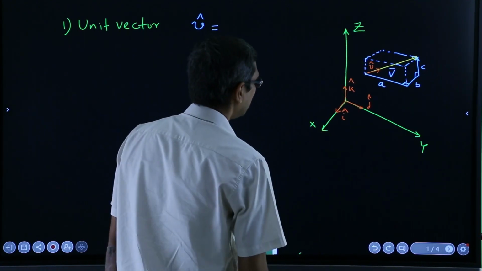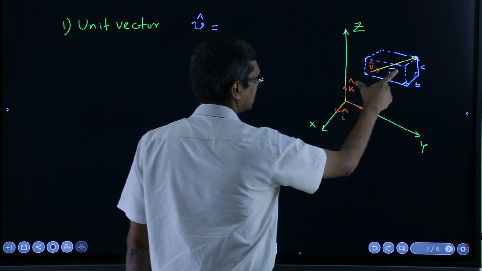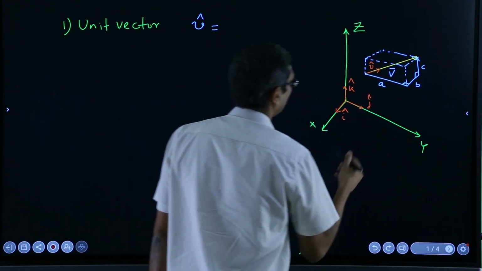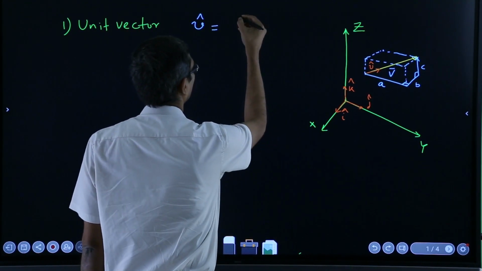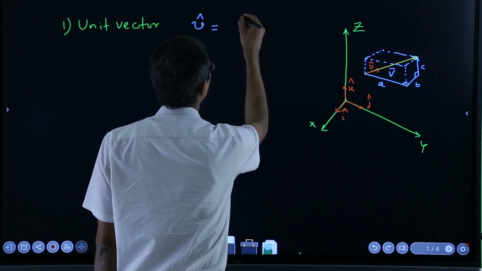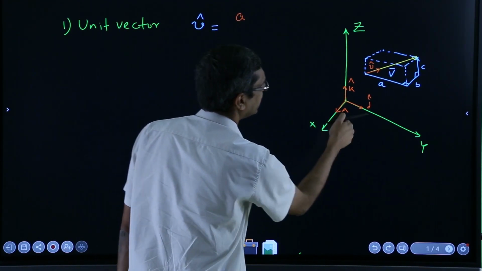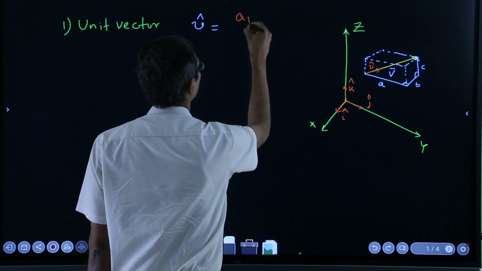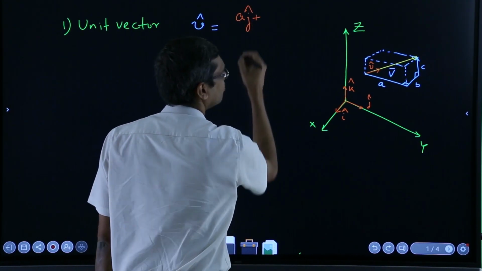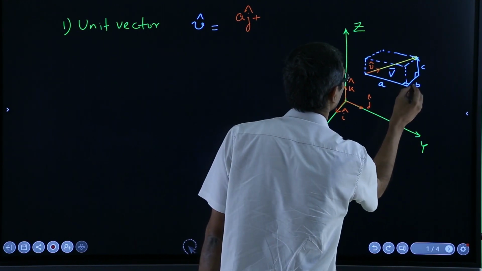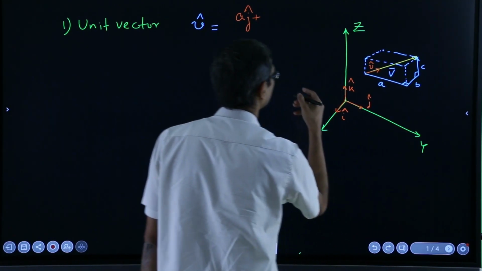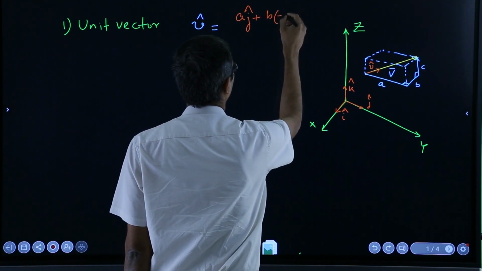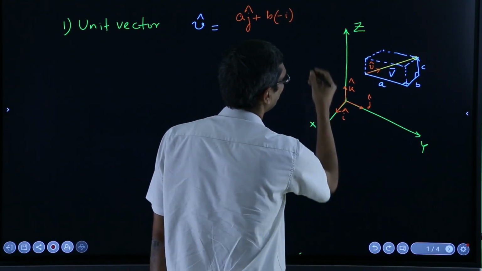How to calculate that? You have to first represent v as, say I will say a, but a is in the direction of j, right. So, a j plus, now b in the negative direction, so b times minus i, plus